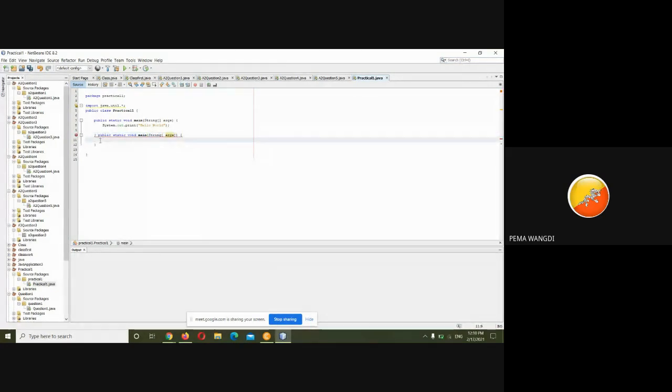Now, is it allowing you to create one more void main? Is it showing you an error, right? So you cannot have multiple mains with the same signature in one file.